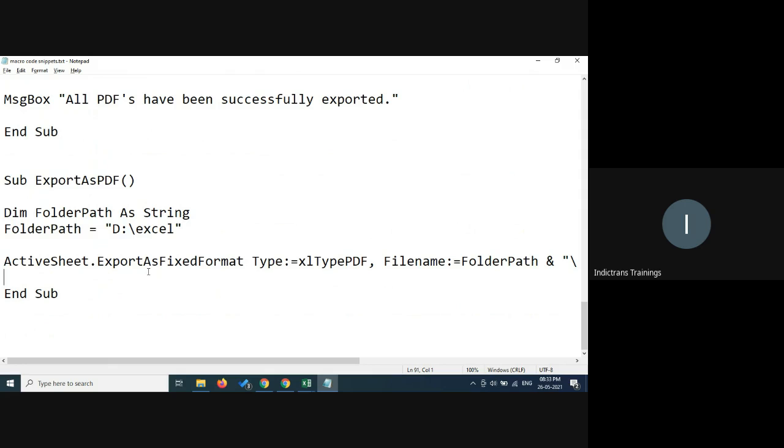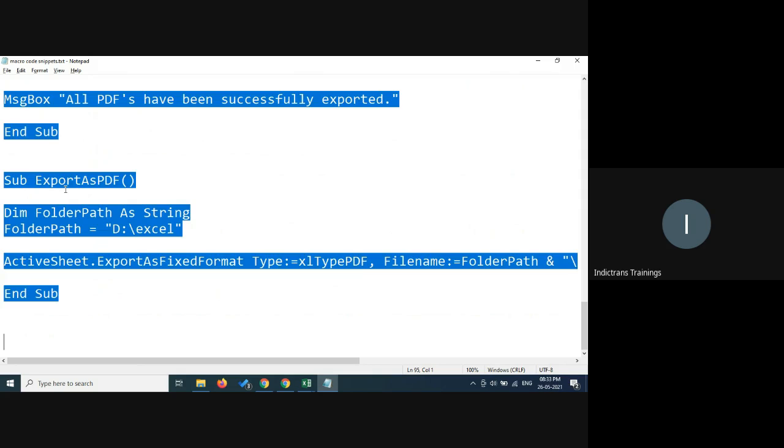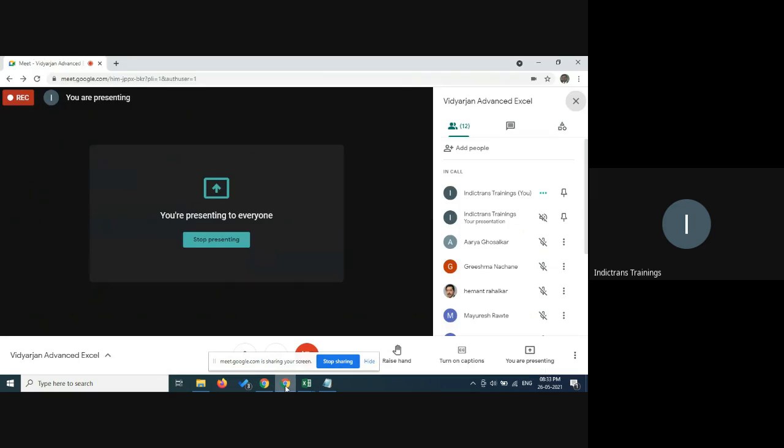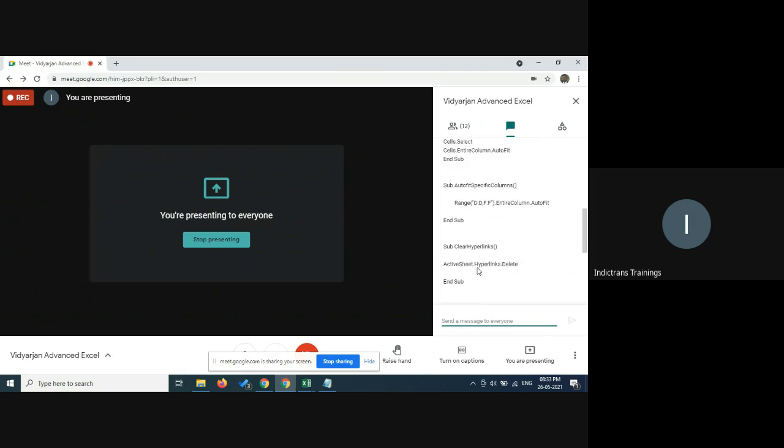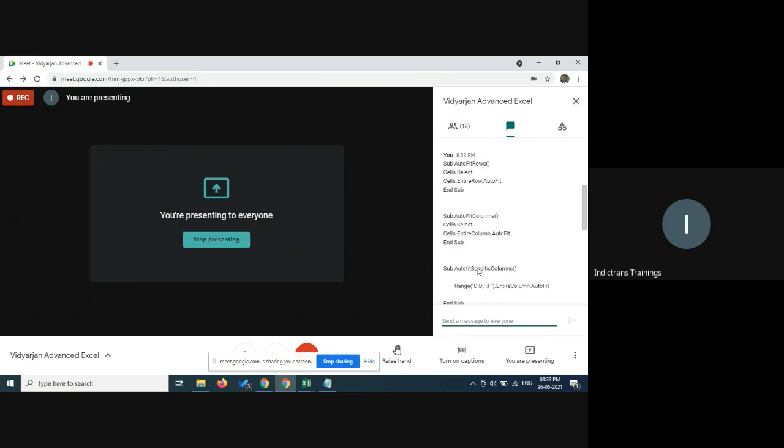Let me just copy paste the entire notepad in the chat box. So it's a big one, but yeah, I just pasted all the functions over there. Pick up a couple of them, a few of them, try it out, and let me know if you face any error. And we'll try to troubleshoot that.